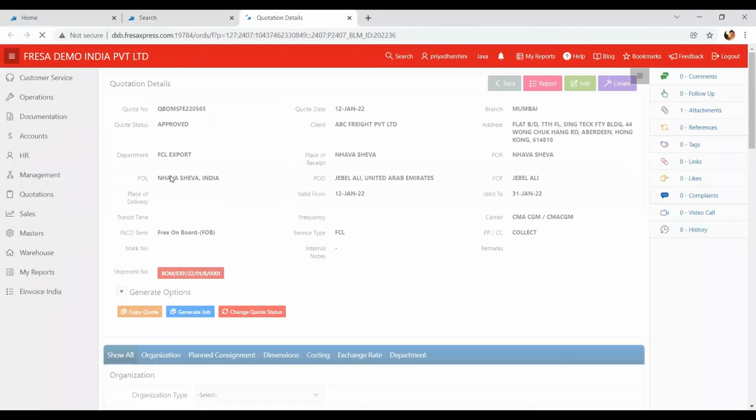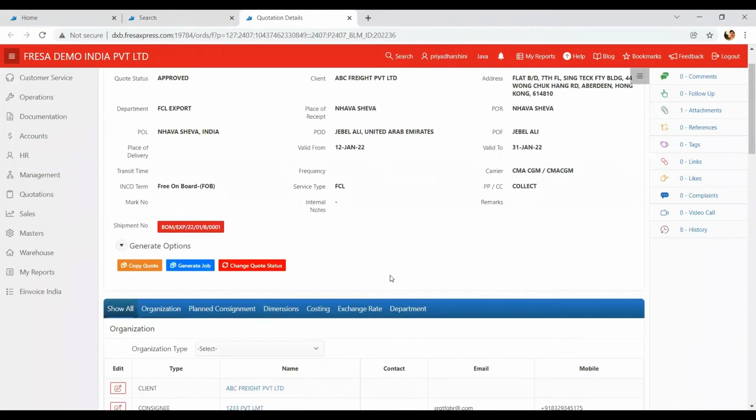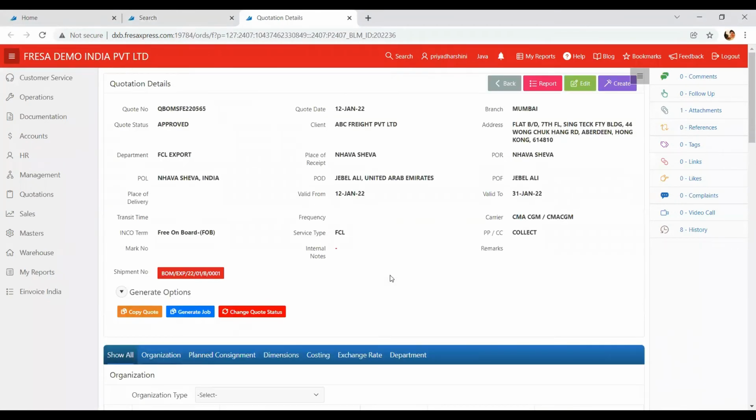If we click on the quotation number, then we can directly navigate to the quotation summary page. There we can find all the details regarding the quotation. Hope now you got an idea about how to search for a quotation by quotation number using the quick search option